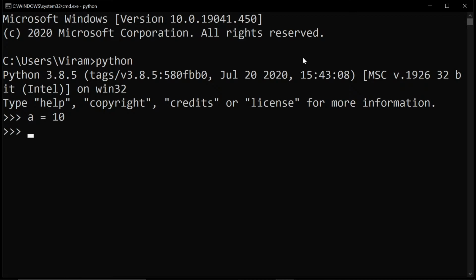Anam was asking how a plus equal to 10 works. So if a is 10 and I print a plus 10, it's 20, right? Still the value of a is 10.